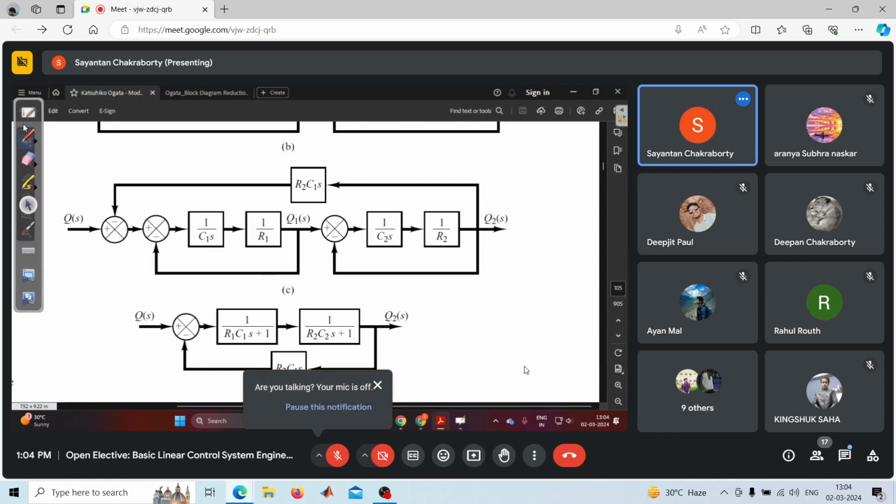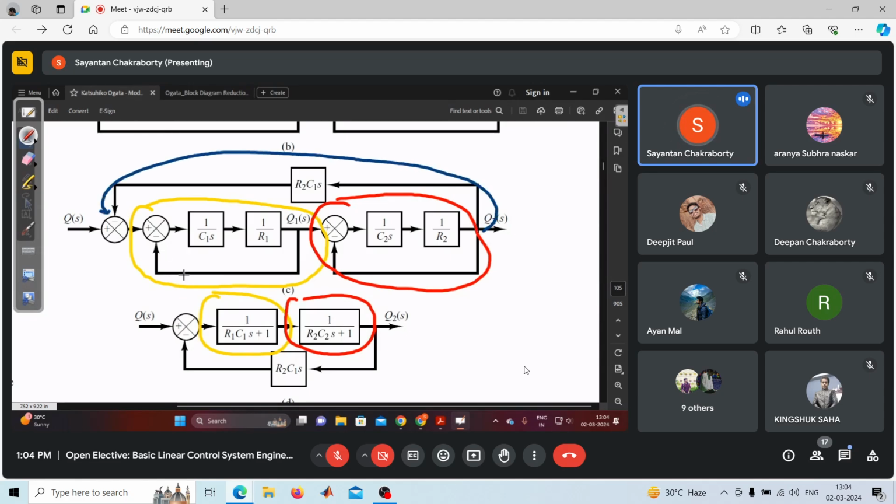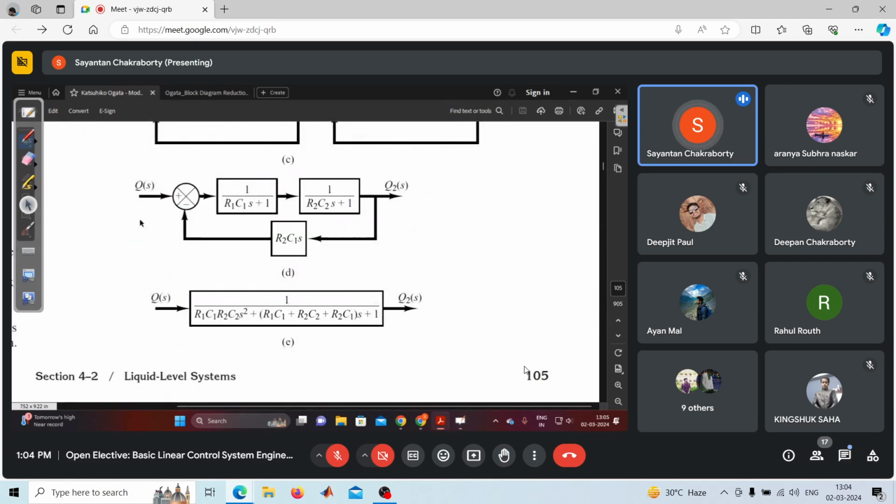তার জন্য কি হচ্ছে, খেয়াল করো, এই লুপটার জন্য এই ট্রান্সফরমেশনটা পাচ্ছি, এই লুপটার জন্য যেটা বলছিলাম এই ট্রান্সফরমেশনটা পাচ্ছি, বাইরে দিয়ে আরেকটা ফিডব্যাক আছে, দেখো এখান থেকে গিয়ে এখানে সেই ফিডব্যাকটা এখানে। So since they are in cascade, এর ট্রান্সফরমেশনটা কি হবে, ইনটু, তাই তো। এবার এর সাথে ফিডব্যাক পার্টে কি আছে, R2C1S। সো এটা আমাদের ক্লোজ করবে, গেট ট্রান্সফরমেশন লাইক দিস।